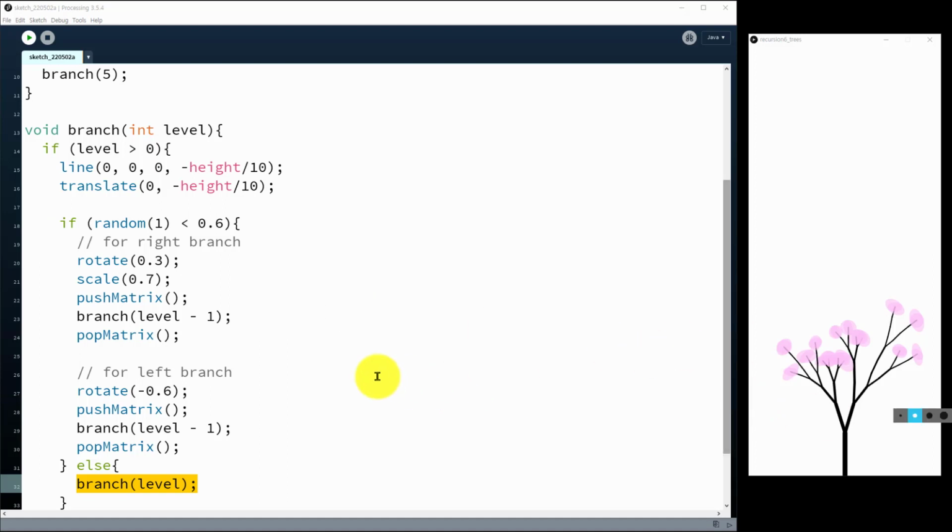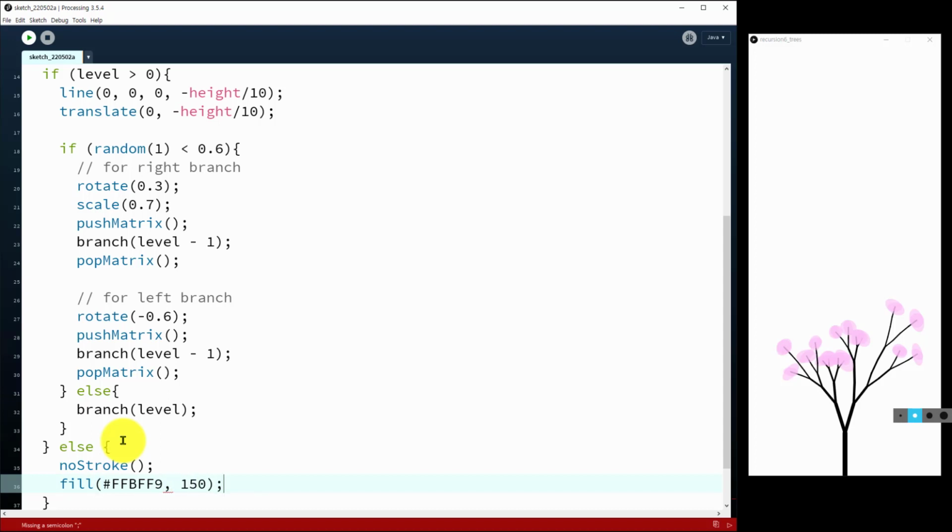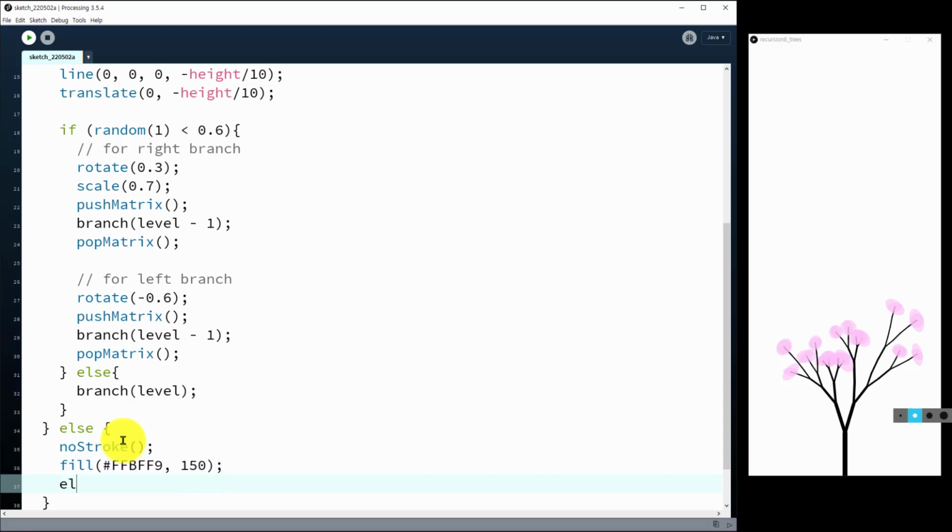So after drawing one, this statement is here, right? So if level is larger than 0, that's the condition for the recursive call. Else, we have to draw the flowers at the end of the branch, right? So let's draw the flowers with no stroke, and then let's use some kind of pinky colors. Sharp FF, BF, F9. You can choose your own, and let's give transparency, half, and let's use the ellipse function